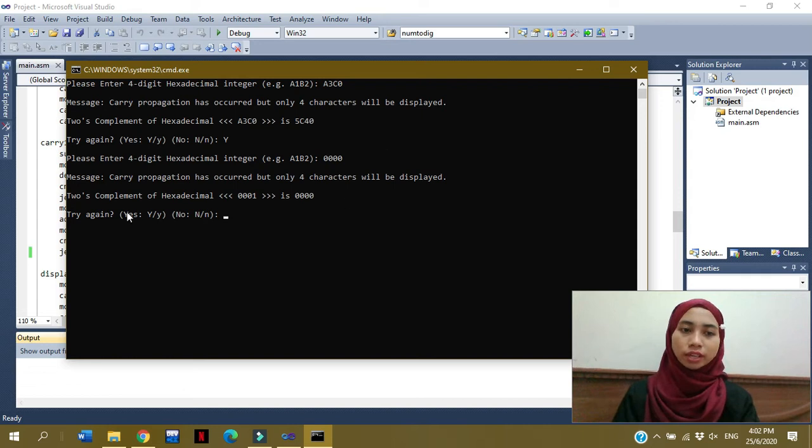So we can see that the 2's complement of hexadecimal is 0000, but it displays a message which says carry propagation has occurred, but only 4 characters will be displayed. What happened here is when we convert 0000 to its 2's complement, it will become FFFF. So when we add 1 to the last value in the array, it actually becomes G in character, but that